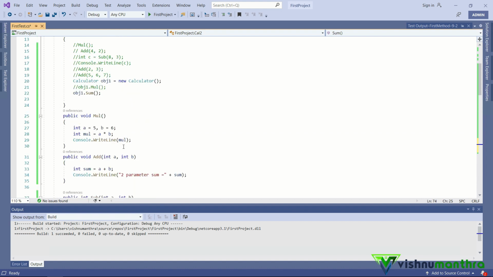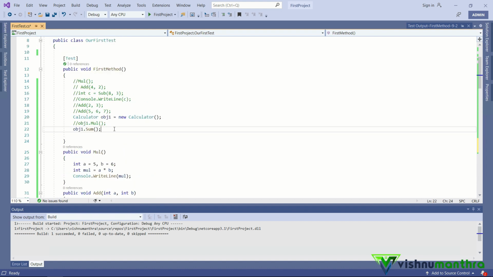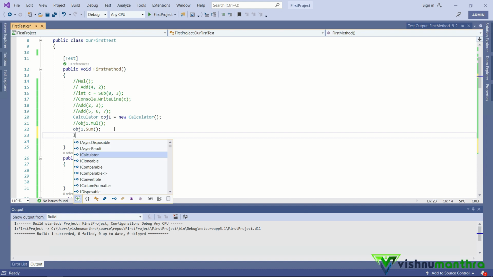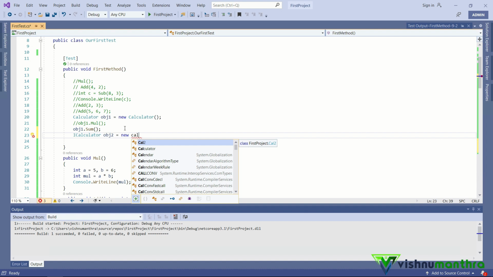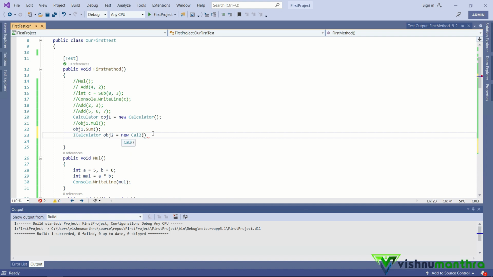So if I come here, now what I can do is create an object of this interface, equals, and I can have either my first class or the second class. So based on whichever I am calling, this will get implemented. Okay, so now I am going to call my second class.